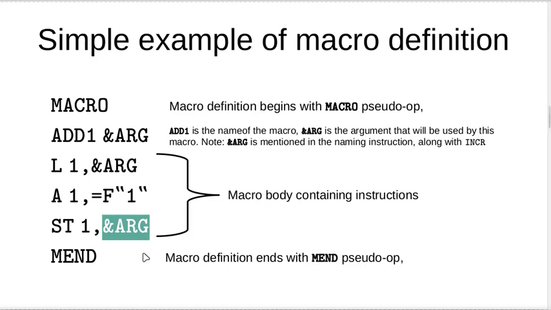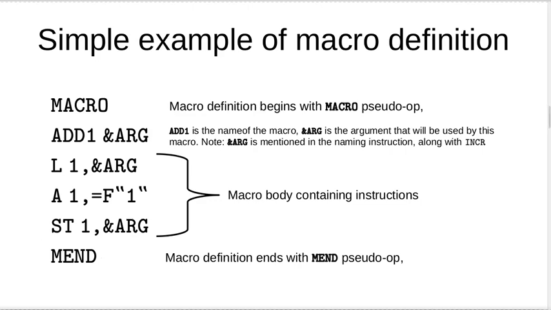And obviously the MEND or macro end pseudo-op is used to define the end of a macro definition, right? So this is what a simple macro definition again means. Fine. So we are not supposed to have any problems with this. If you are having problems understanding the macro definitions, please go through the previous lectures again.